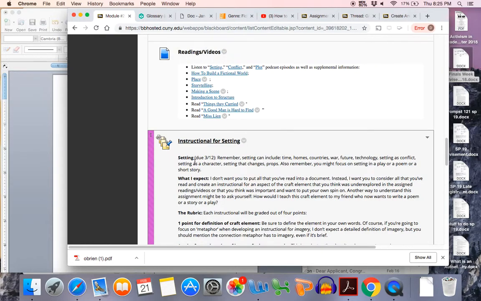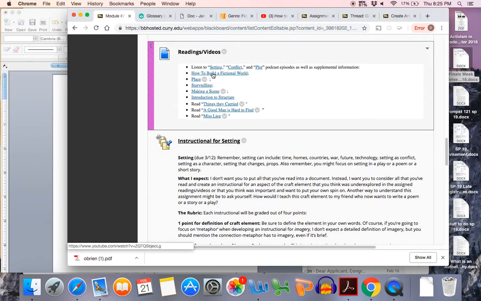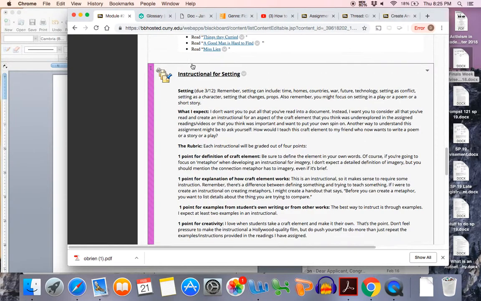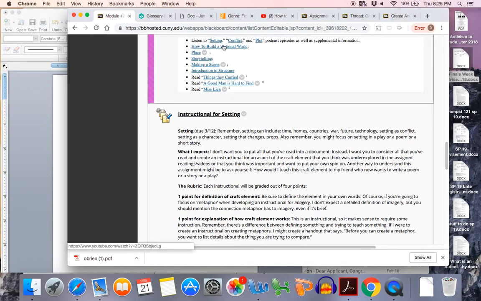So if, after you've watched How to Build a Fictional World and listened to the podcast about setting, you want to talk about how to create a realistic sci-fi world, or how to create a realistic historical world, like if you're creating a story that is about a thing that actually happened, that's something that you can absolutely do. So don't feel like you have to just repeat everything you've heard in the readings and the